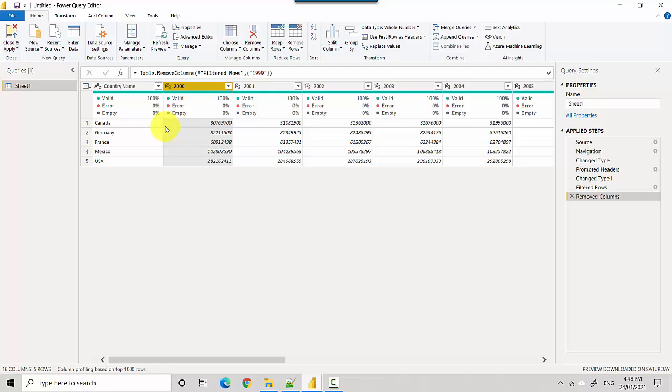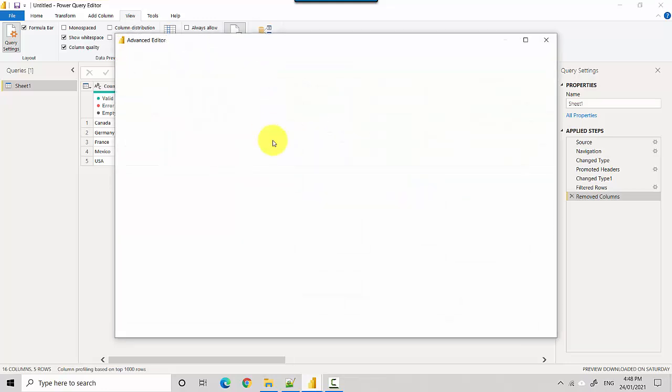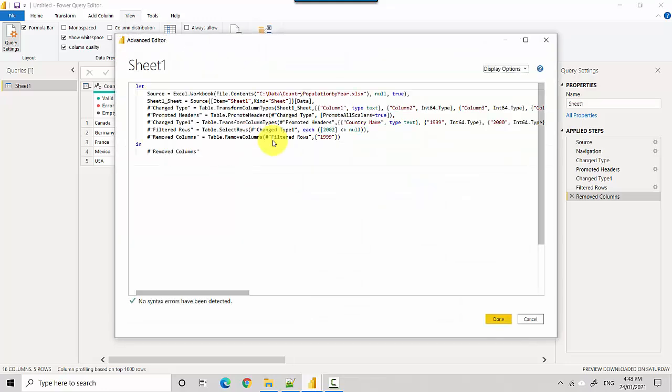So let's just quickly look at all the steps in the Power Query. The Power Query editor in this context contains the extract, transform, and load. So it contains the metadata or the information around the source connection, and the transforms we've applied. If I go on the View tab in the Power Query editor, and go on to Advanced Editor and open that, you can see it is defining the M code. So this is where our data sits.